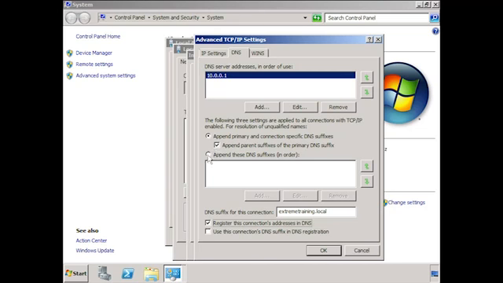The next option, Append These DNS Suffixes, will append the DNS suffixes that you enter in the order that you enter them. If you want complete customization of the suffixes that get appended, select this option and enter in the suffixes that you require. The option Register this connection's address in DNS basically enables or disables dynamic update for this